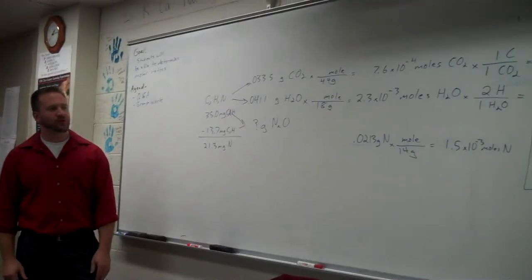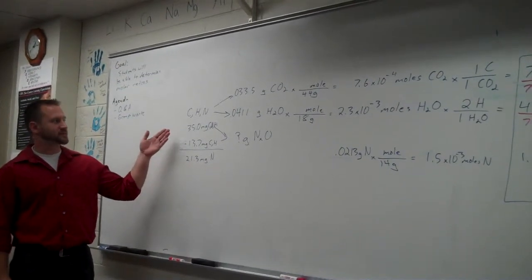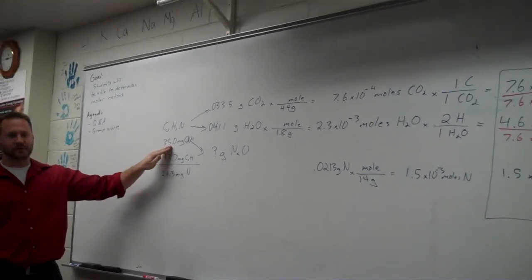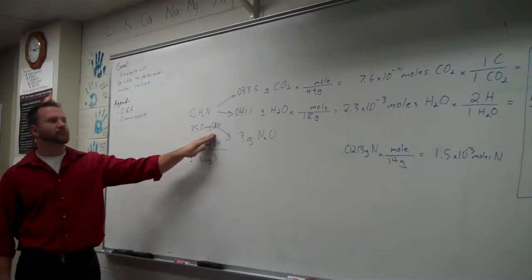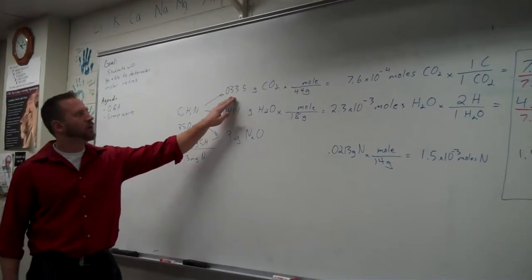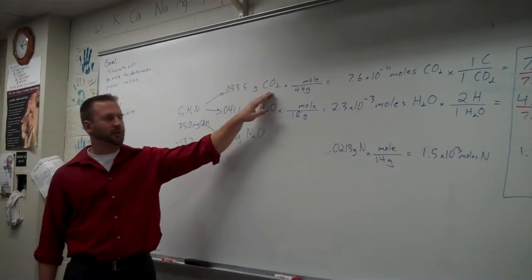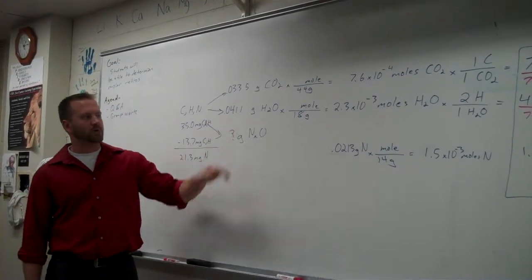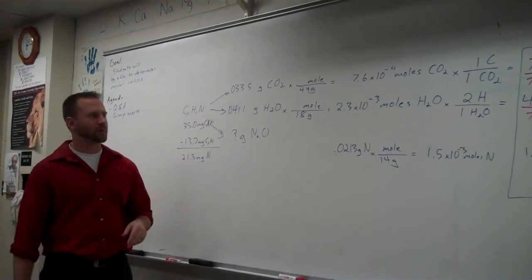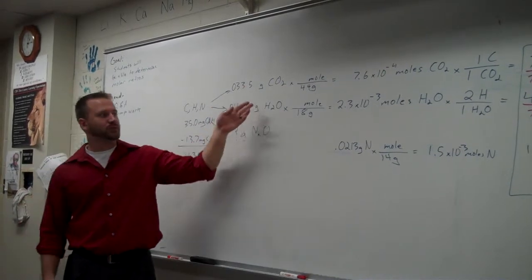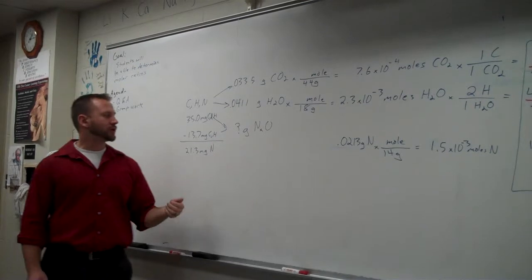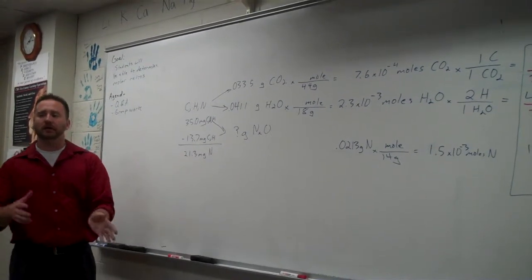Alright, so in this problem we're trying to determine the empirical formula of a substance that contains only carbon, hydrogen, and nitrogen. Our original sample is 35.0 milligrams, and that's purely carbon, nitrogen, and hydrogen. It tells you that after combustion you form 0.0335 grams of carbon dioxide, 0.0411 grams of water, and you don't know how much nitrogen oxide compound forms. But from these two pieces of information, if we know how much carbon we have and how much hydrogen we have, we could figure out how much nitrogen we have, and that would allow us to then get to the